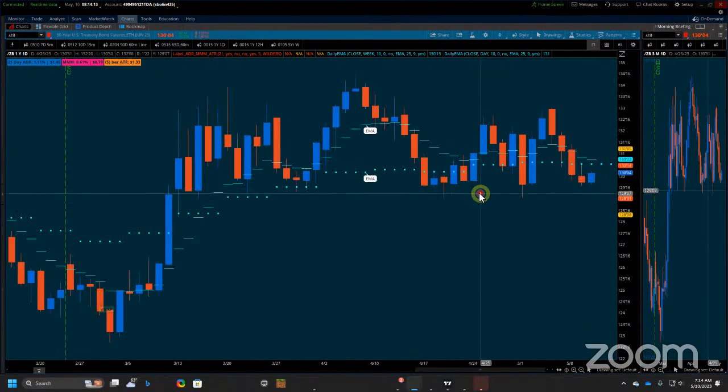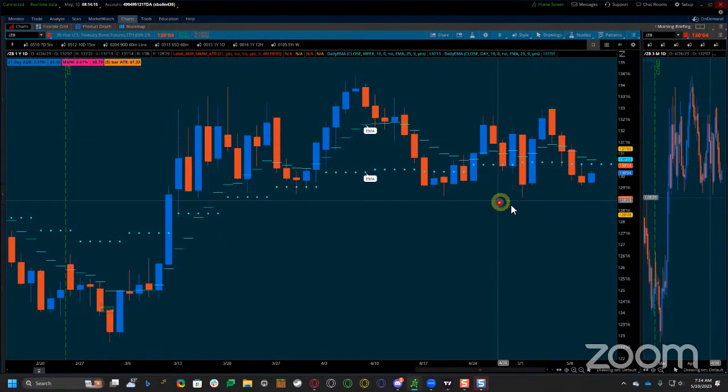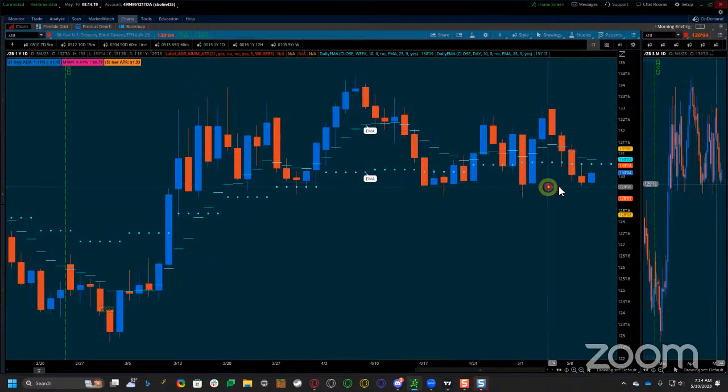All right, we're looking at the 30-year, the ZB, and you can see how we're on the lows of this structure, but we have the 10-week and the 10-day over our head. So if the ZB is going to make a move to the upside today to get an inside day breakout and begin this TRB setup, it's got a lot of work to do. But the thing is, this is setting up like a